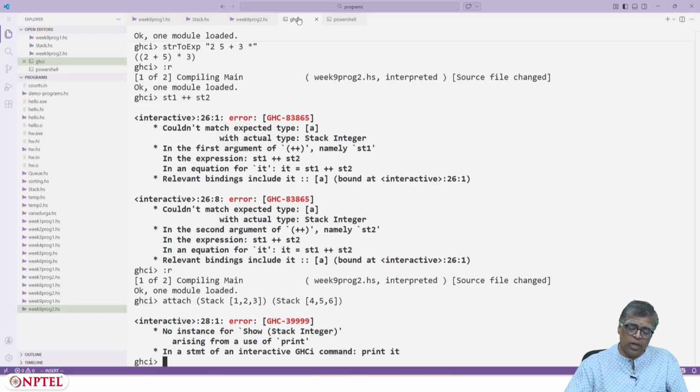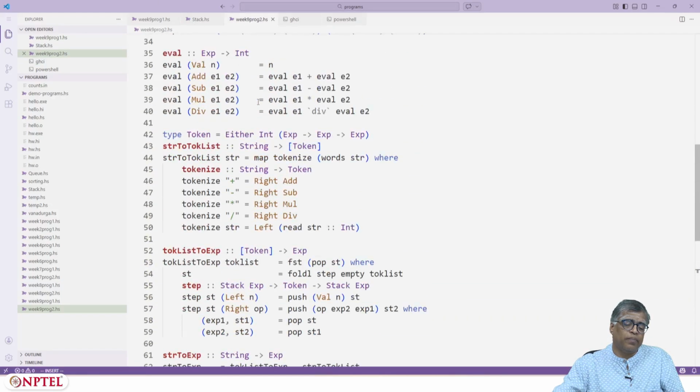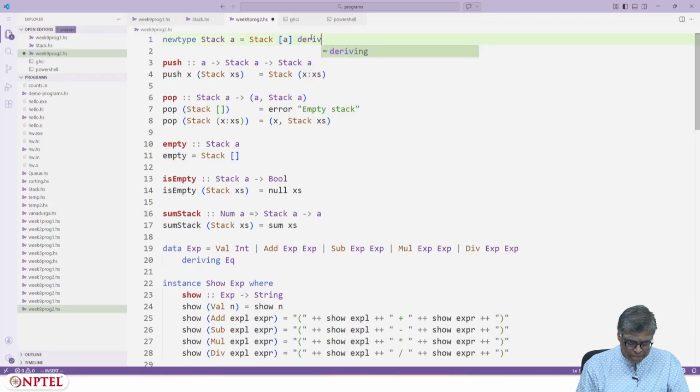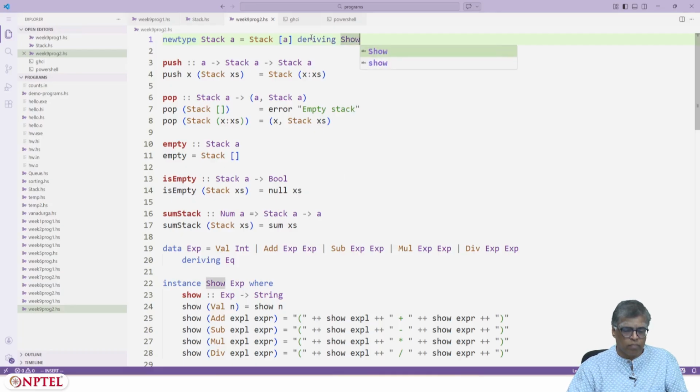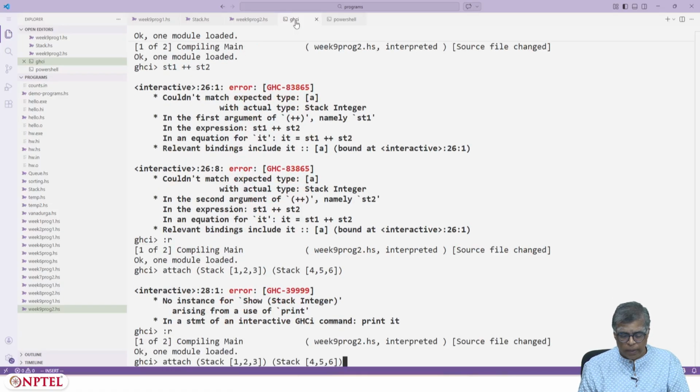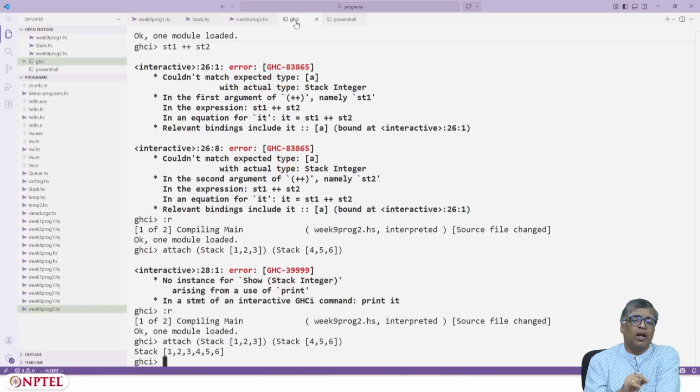Okay, I cannot print it, it's saying, so I should say deriving show when I declare this thing. And now I can do this. Let me reload. Right? I can actually attach a stack 1, 2, 3 with stack 4, 5, 6 and I will get stack 1, 2, 3, 4, 5, 6.